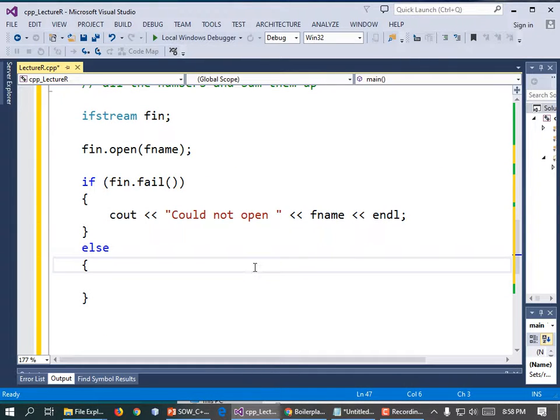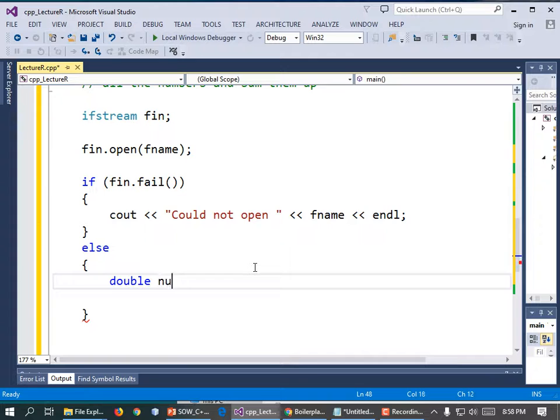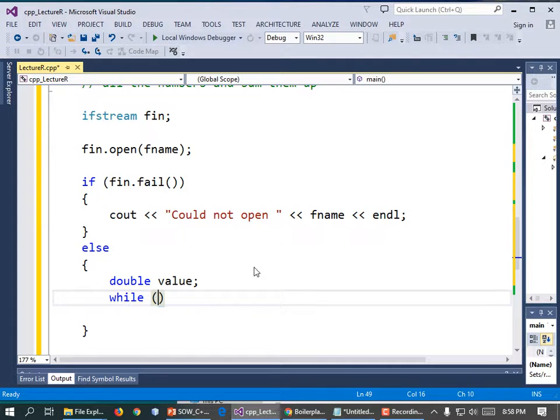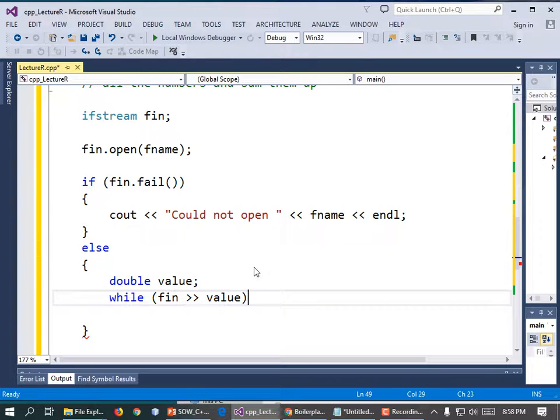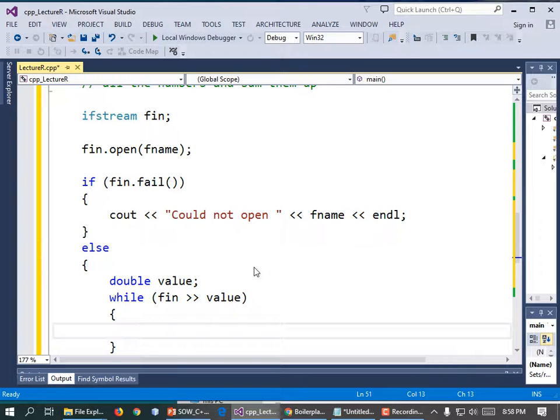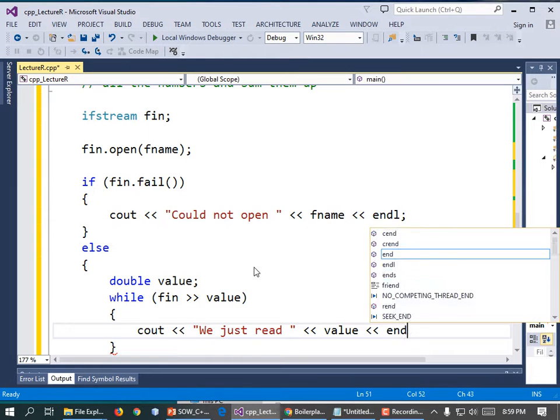So we need a variable to contain our data. These are numbers, right? So double number or value or something like that. And then while fin >> value, while we read from our input file and that succeeds, we're going to add that to our total. Now I forgot to create a total variable. We'll do that in a minute. But let's print out what we just read: cout << "We just read " << value << endl;